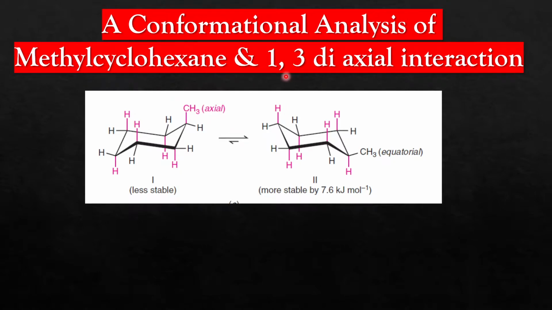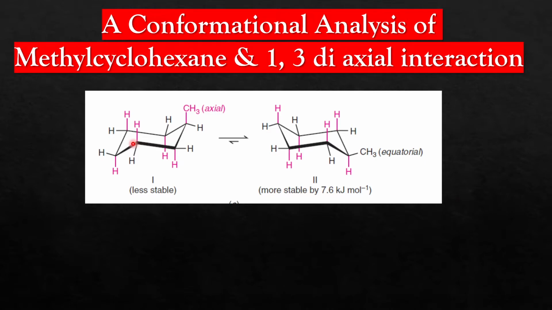So in my last 2-3 lectures, I have discussed different aspects of the cyclohexane molecule, and in those lectures I have told you that the chair conformation is the most stable conformation of cyclohexane, and there is another conformation called the boat conformation or twisted boat conformation, which has higher energy than the chair conformation. So most of the conformers seen in cyclohexane will be in chair form.